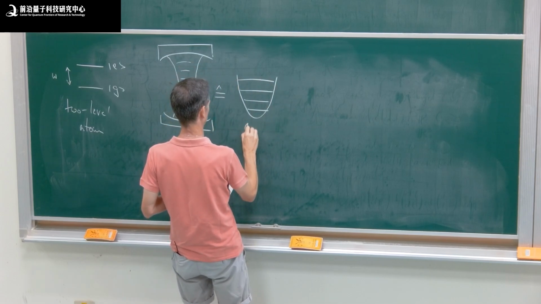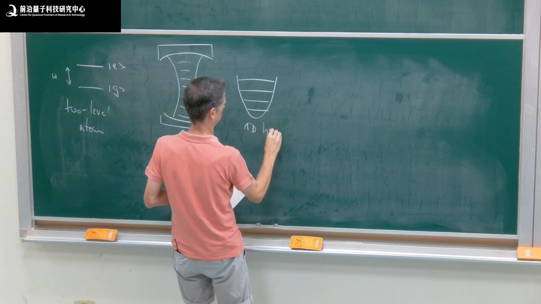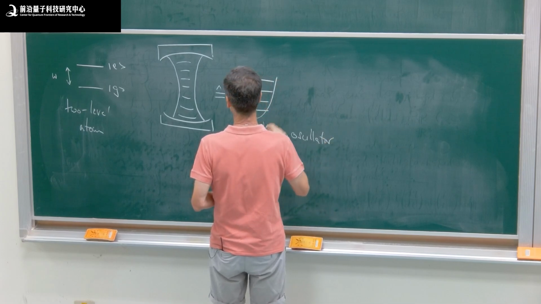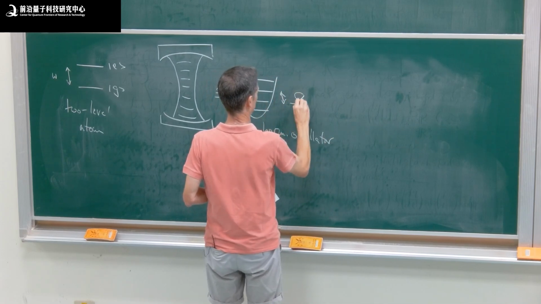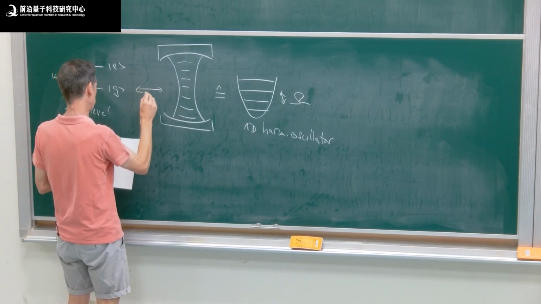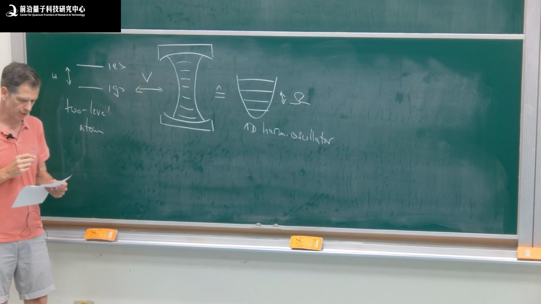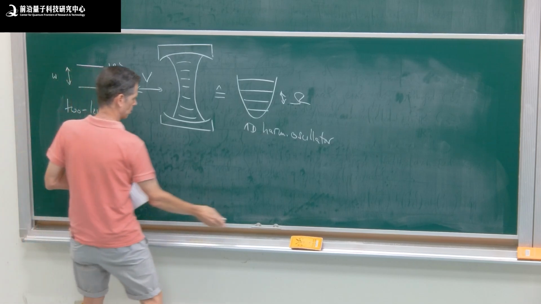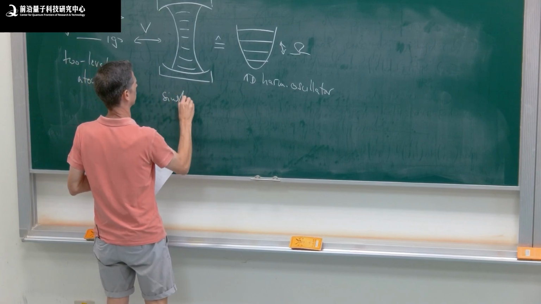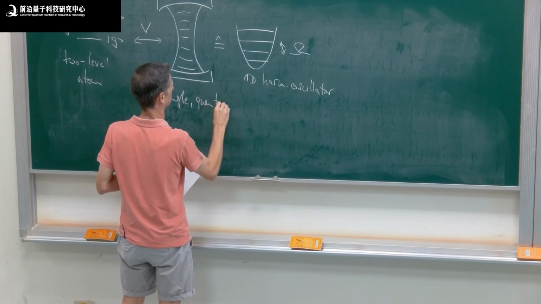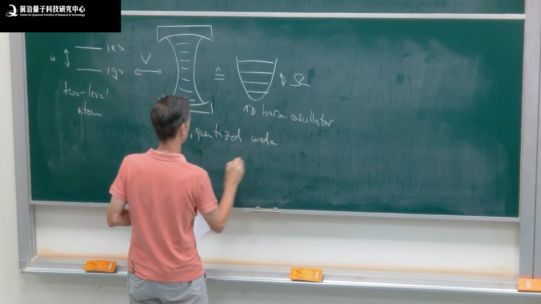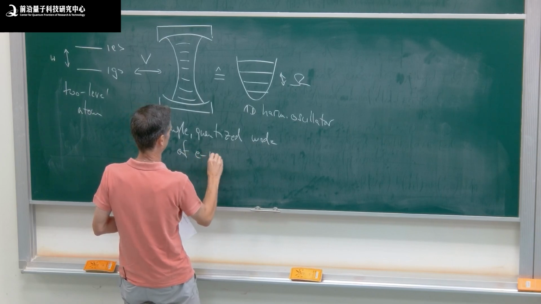So that's a 1D harmonic oscillator with eigenfrequency which we call capital omega. Then we still need a coupling between these 2 degrees of freedom, which we call V. And so this is a single quantized mode of the electromagnetic field,